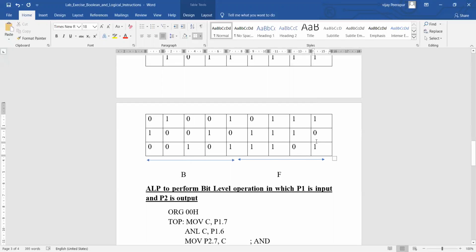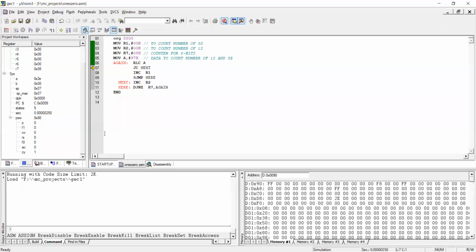This is how the operation will take place, and depending on whether the carry is set or not, I'll count the number of ones and zeros in the given data. Since the carry bit is set to 1, jump carry next. If it is set, I'll go to this one.